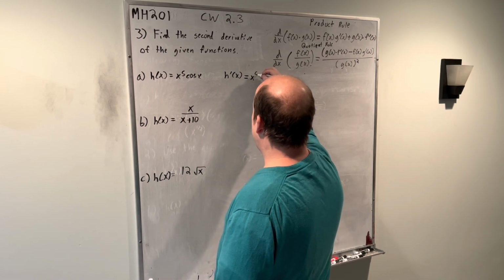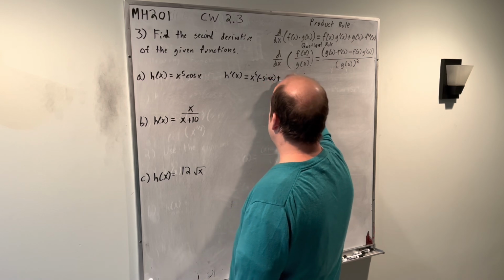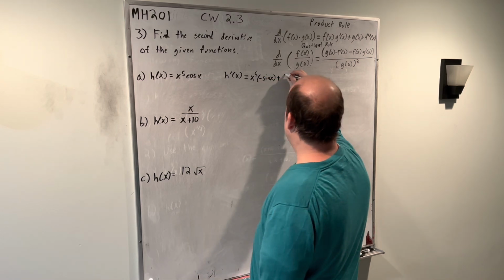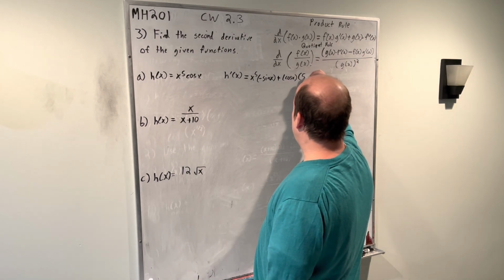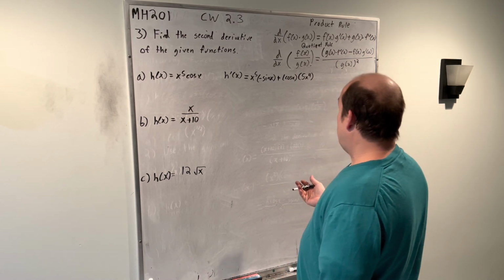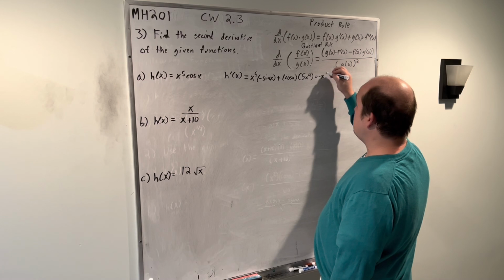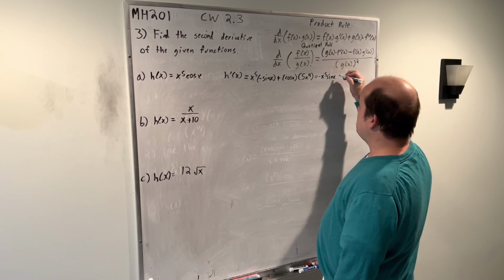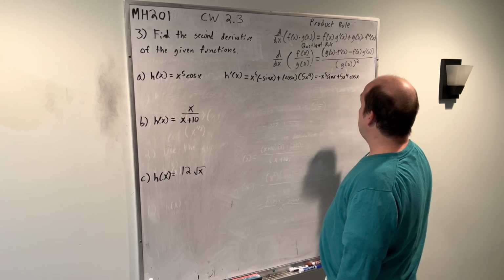First, x to the fifth times derivative of the second, negative sine x, plus second cosine x times derivative of the first, x to the fifth becomes 5x to the fourth. We can rewrite it as negative x to the fifth sine x plus 5x to the fourth cosine x before